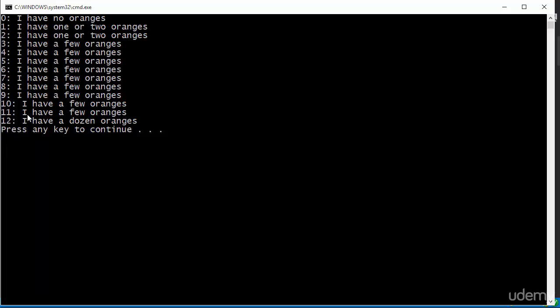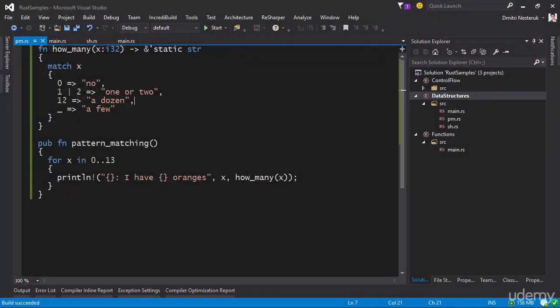But for 12, it's a specific case, and I have a dozen oranges, because that's the case that was actually matched. The first case that gets matched gets returned, actually. That's how it typically works. Now, if I wanted to, let's